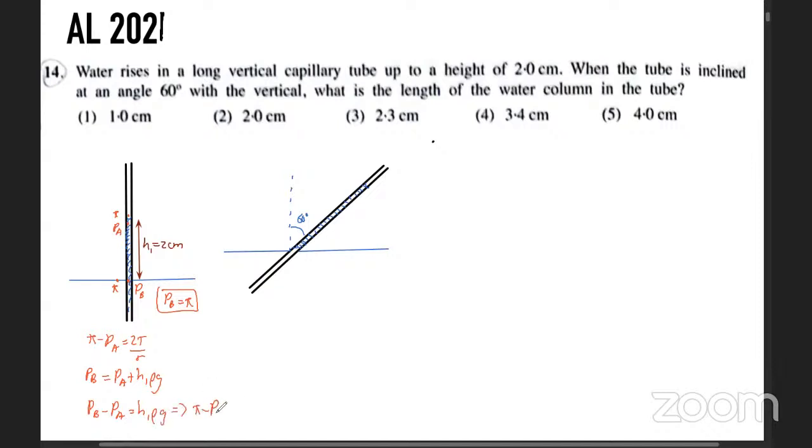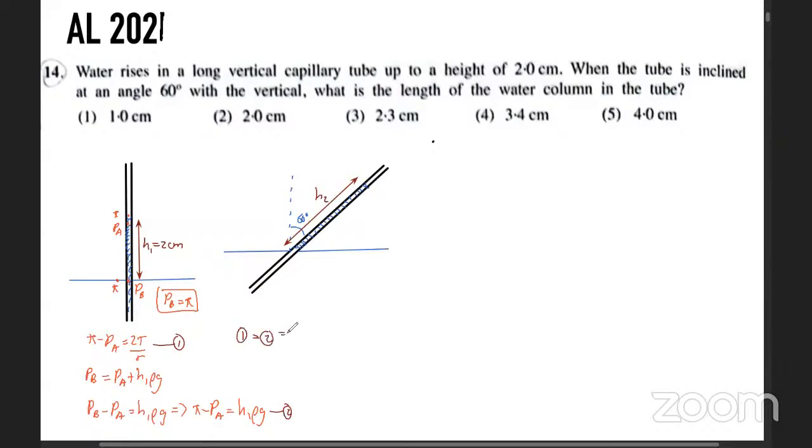Pi minus PA is equal to h1 rho g. So we'll take this height as h2. What I'm trying to tell you is this: now these two pressures, when we equate these two equations, 1 and 2,